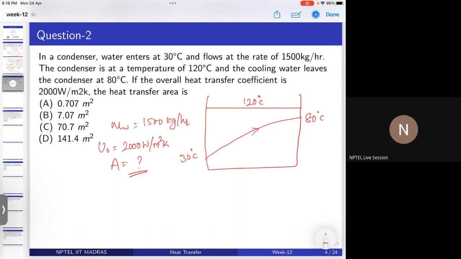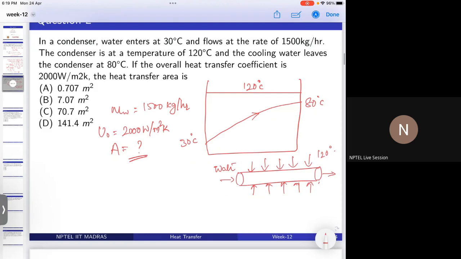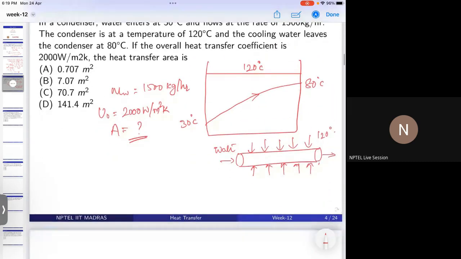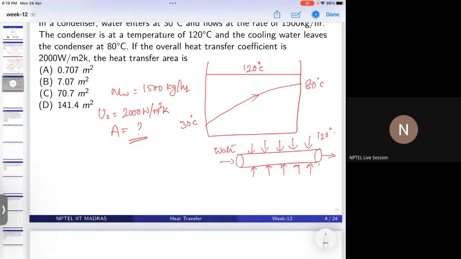It is basically like we have a tube, so you can just imagine. Water is entering, and some condensation is happening outside the tube, so that it's maintained at 120 degrees Celsius. And the cold water is entering and leaving, and it is taking up heat. So this is also a kind of heat exchanger. First, we will find out the